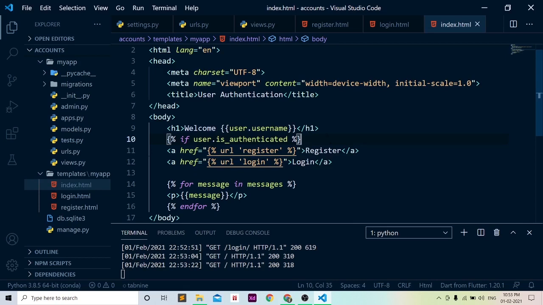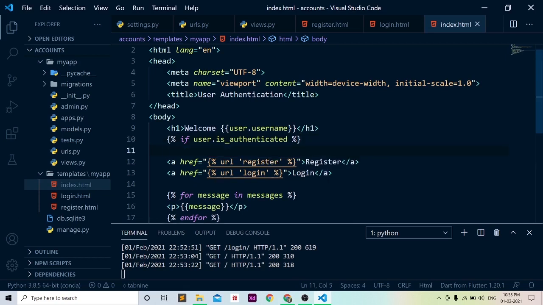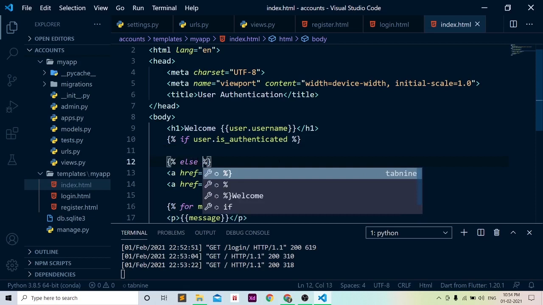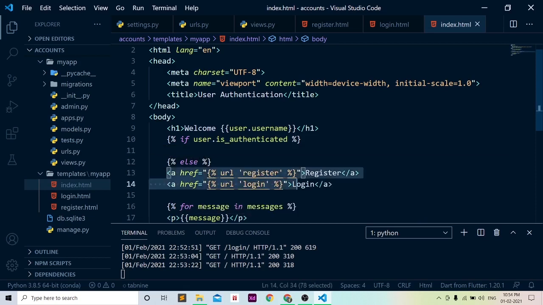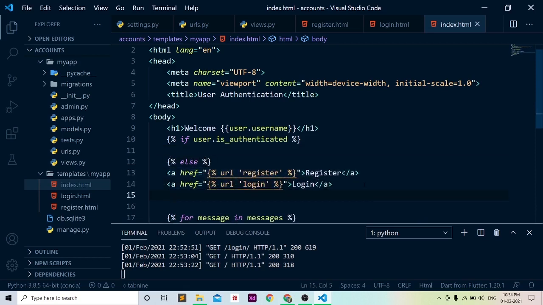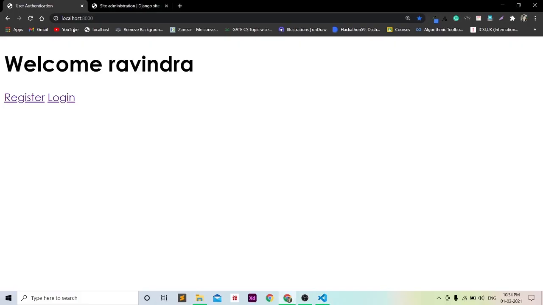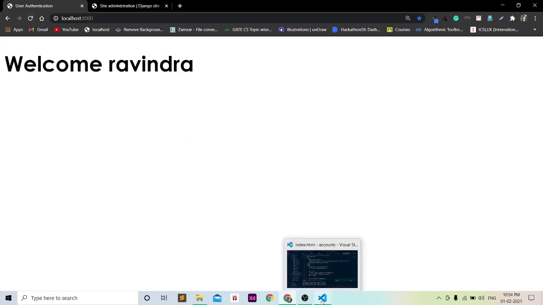So if it is logged in, we don't have to do anything. In the else part, we will show this, and we will close our if. Okay, so the links should, yes, the links went off. Now welcome Ravindra is shown here.